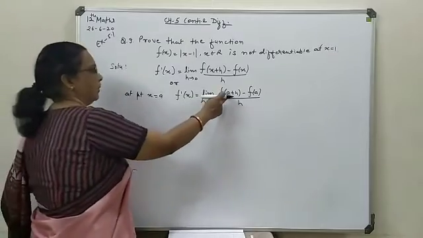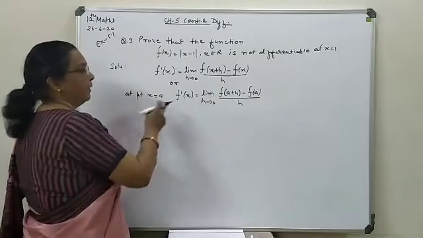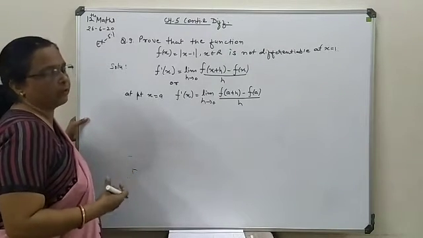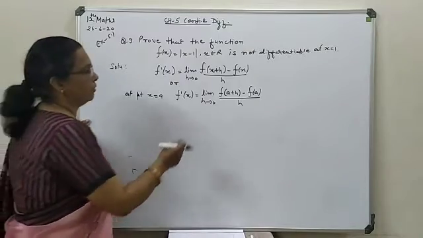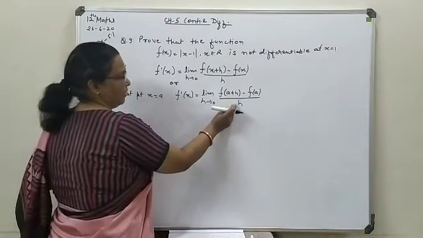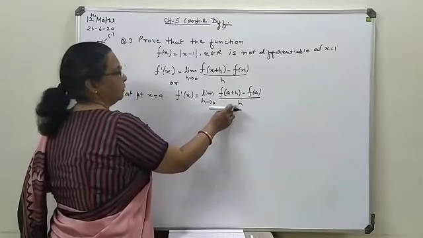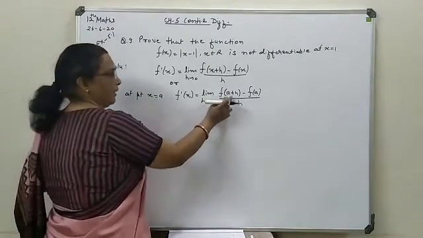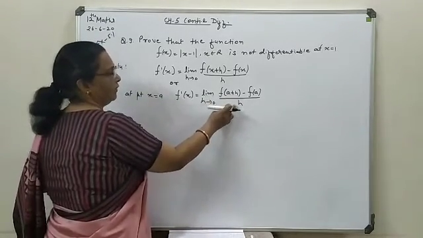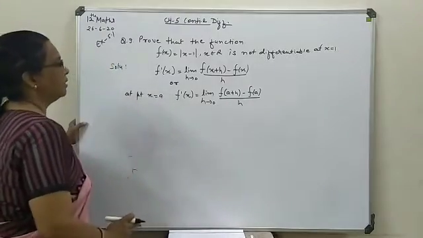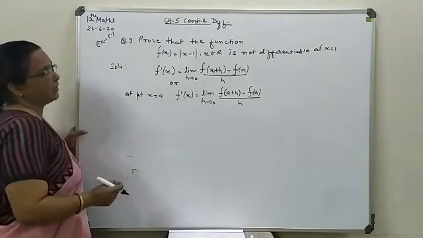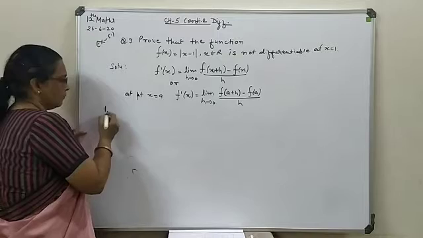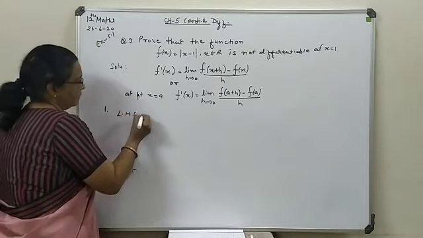Here the selection of a plus h and a minus a depends on which limit you are going to check for the derivative. If you are going for checking the left limit, here you will take a minus h, and on subtraction of these two you will get minus h. If you are going for right limit evaluation, this will remain as such, meaning the function at a plus h you will evaluate, and here also h will be considered. So in order to check whether this given function is differentiable at the given point, first we start with the left hand side limit solution.